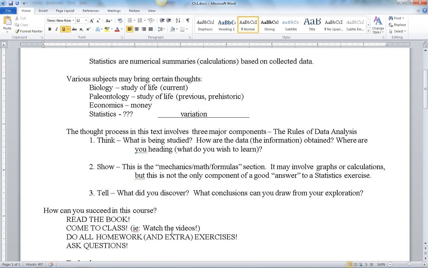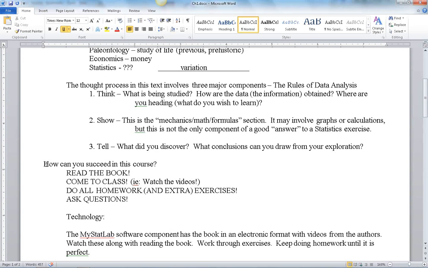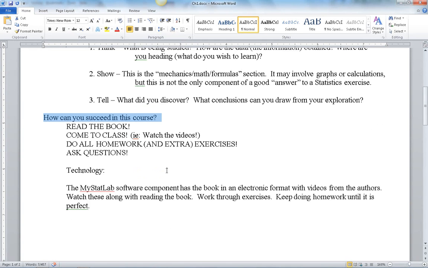Now, students always want to know, how can you be successful in a course like this? A lot of people think the course is going to be hard, and sometimes it can be a challenge. But number 1, you have to prepare yourself, and there are certain things that you can do. Number 1, read the book. The authors actually do a very good job of adding humor into the book. As a matter of fact, if you look on the first page, chapter 1, Stats Starts Here, notice there's a 1, so there's a